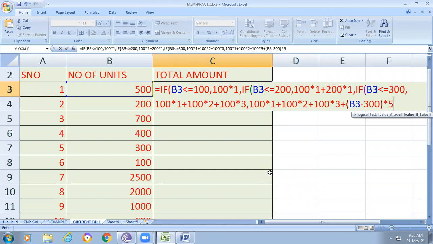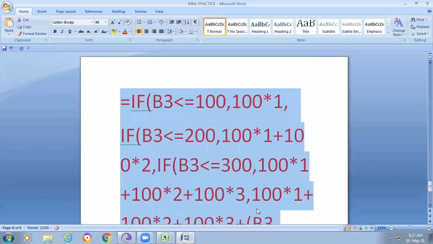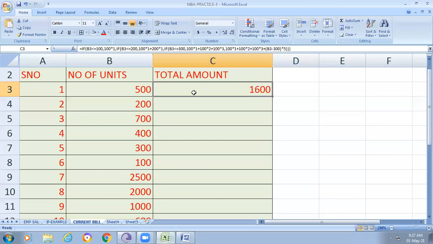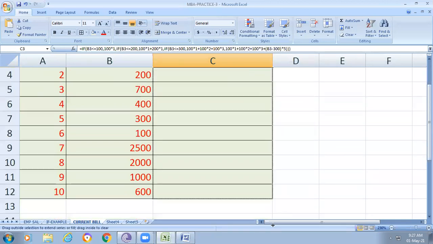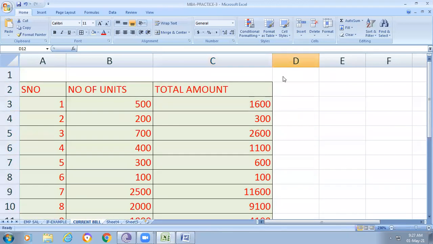Now here I am using 3 IFs, so close the 3 IFs now. So now I use the formula. I hope all of the members were able to understand this. I'm not able to copy here, maybe I did not copy the exact value, that may be the reason. I hope all of the members understood now. If you have any doubt, you can calculate from here.